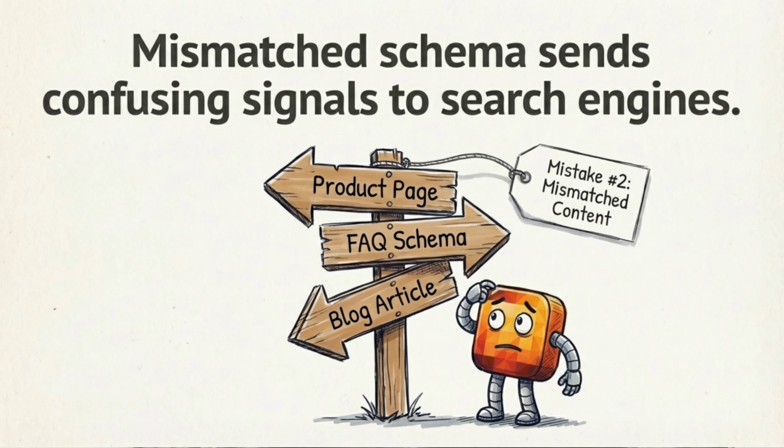Mistake number two, schema that doesn't match the page content. Well, this one gets sites into trouble. For example, a web page without FAQ but uses FAQ page schema, or the FAQ page schema info doesn't match the questions on the page. The schema type needs to reflect what's actually on the page. An article page should have article schema or blog posting schema depending on the content of the article. Product schema for product pages, service schema for service pages. Applying the wrong type sends mixed signals.